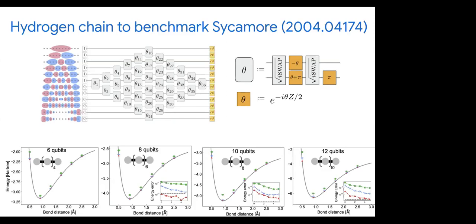But the point of this experiment is sort of to calibrate our chip or measure how well our chip is performing. So this was an experiment with 12, the biggest ones had 12 qubits, sort of simulating 12 hydrogen atoms in the Hartree-Fock basis. And we look at the dissociation curve as a function of the bond distance between the 12 hydrogens